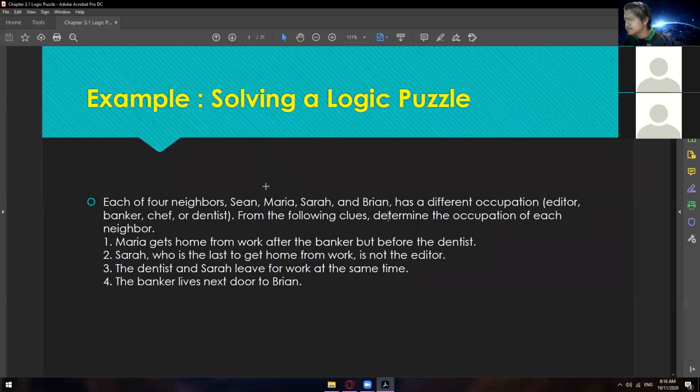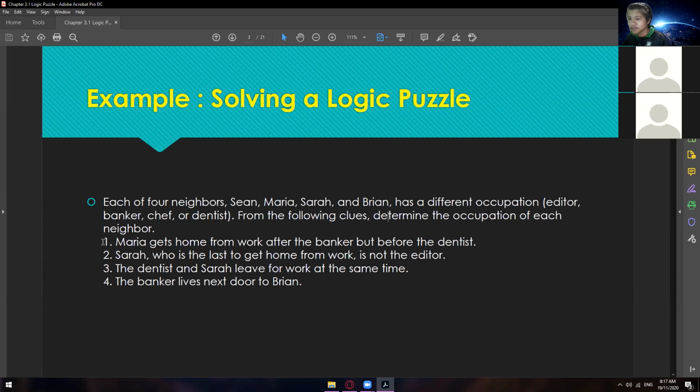So ano ba talaga yung job ni Sian? Ano yung job ni Maria? Ano yung job ni Sarah? And so on and so forth. Okay? But of course, we won't be able to figure out which is which if we don't have clues or a lead. Okay? So imagine yourself as an investigator, or as a CIA agent. So you're trying to figure out, let's say, like you're 80% sure that the killer is the dentist. So right now, we don't know who is the dentist. Could be Sian, Maria, Sarah, or Brian. So, of course, you need clues for you to be able to figure out which is which, okay?